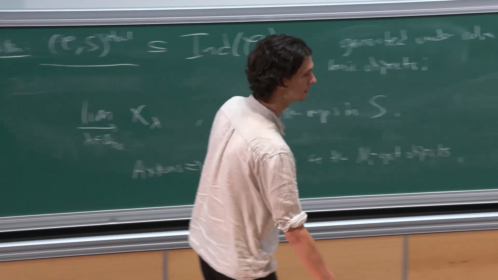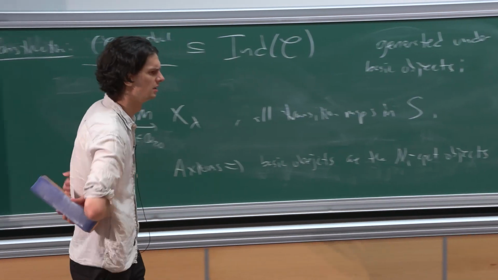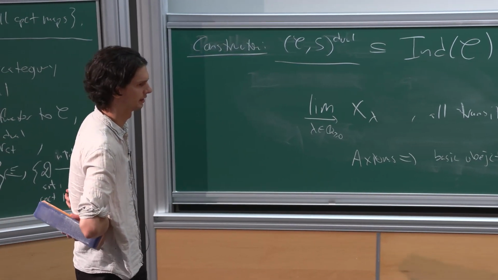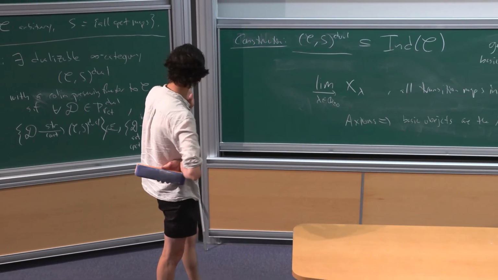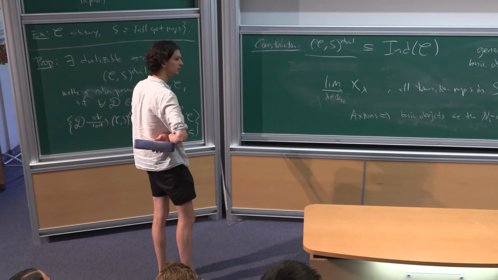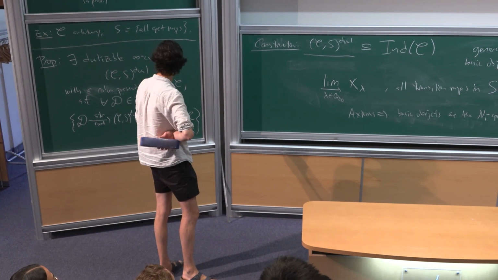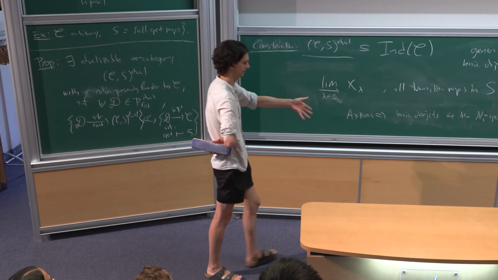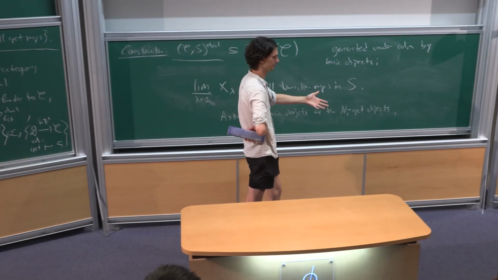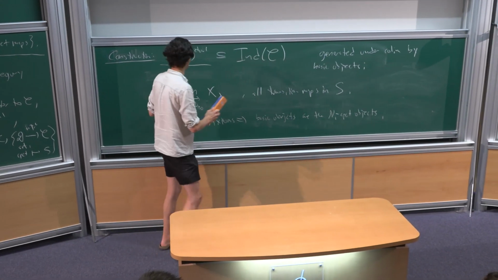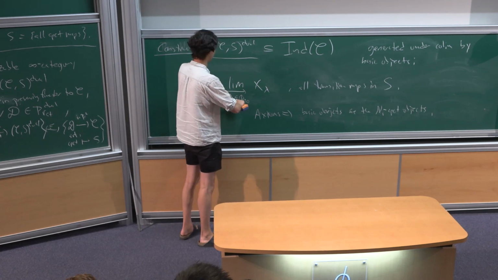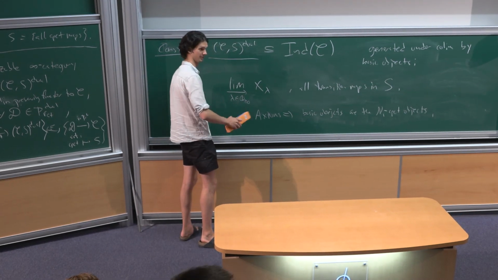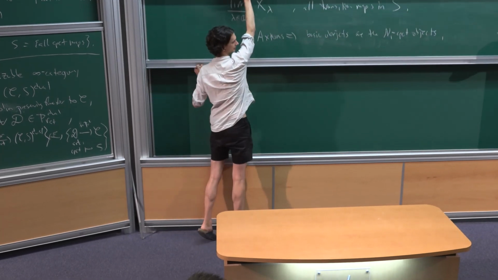Yes? If you take class S equal to all compact maps, but in CS dual, and you apply the construction, is this idempotent? Like, do you get CS dual again? Okay, if you start with any dualizable category and you take the class of compact maps, it's the same. And then you might say, but wait, you said the Aleph1 compact objects were just given by this, where lambda is in natural numbers, not where lambda is in rational numbers. So why aren't we getting less?